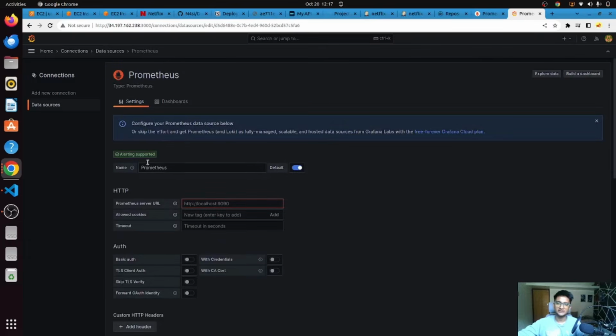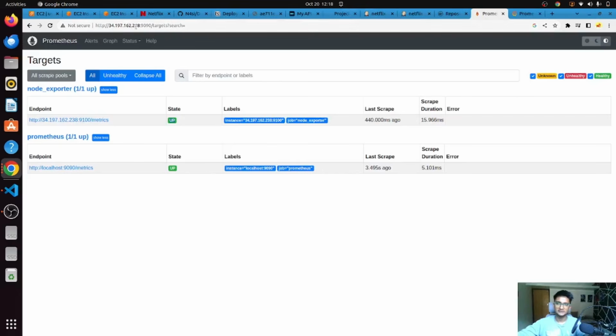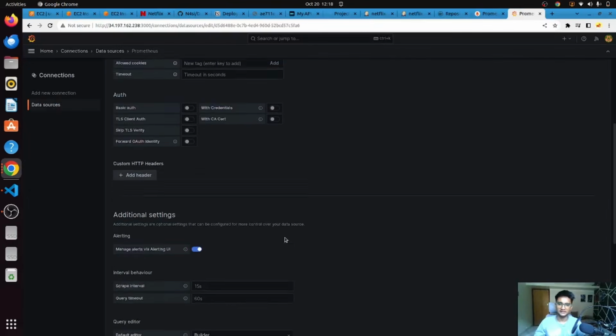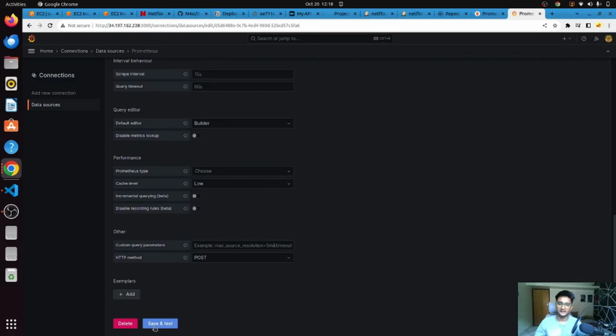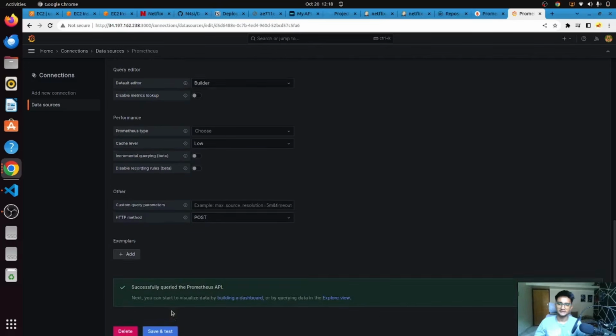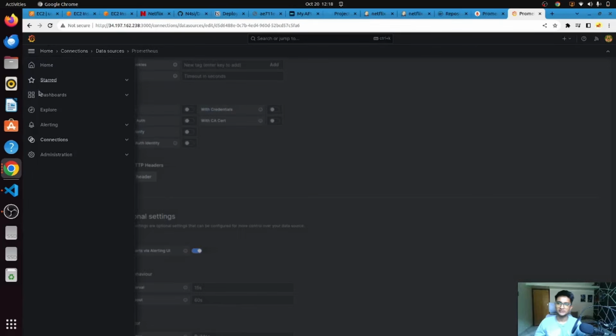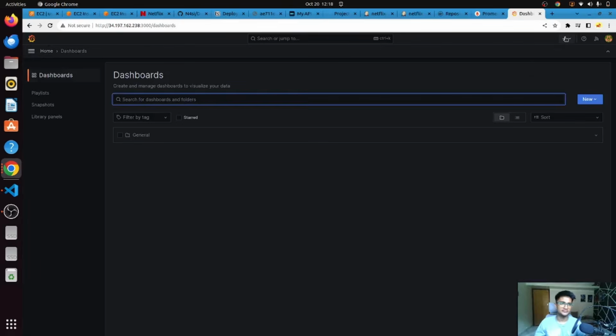Now once the data source has been added, you can put the URL here. So I'm going to copy this. Even though I can put localhost, I'll still copy and paste it here. And you just need to click on save and test, and it says successfully queried, and this is what we want. Now click on the three dots here, go to dashboards, click on the plus symbol on the top,